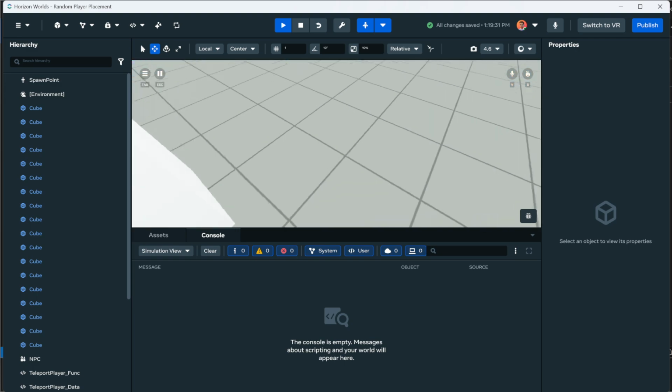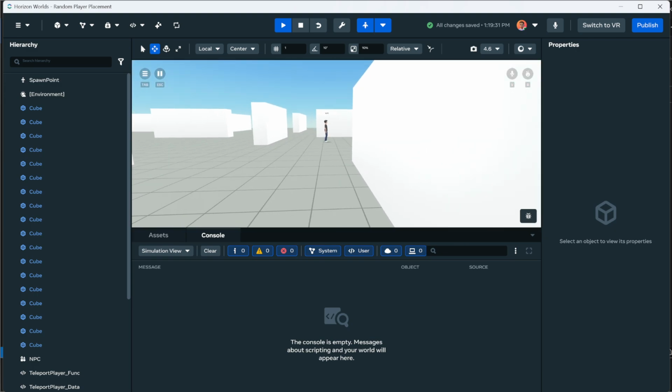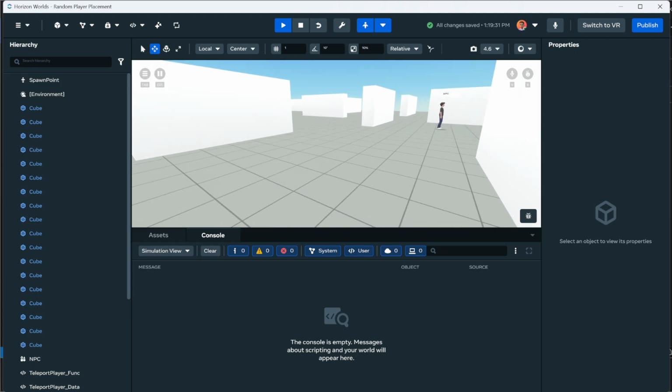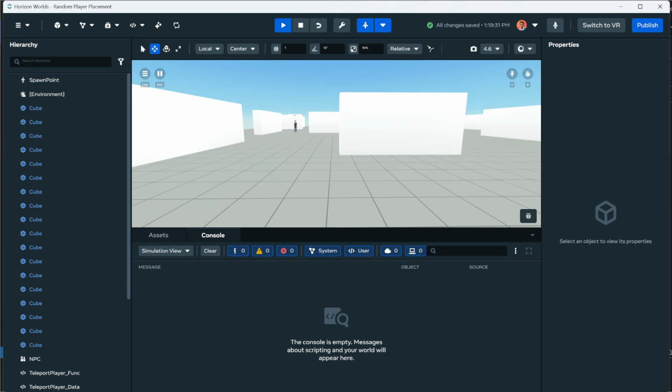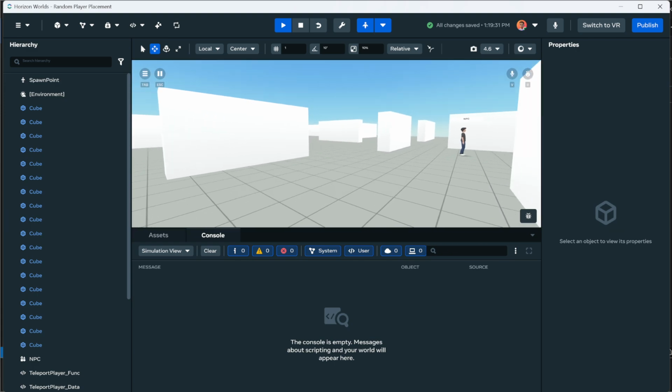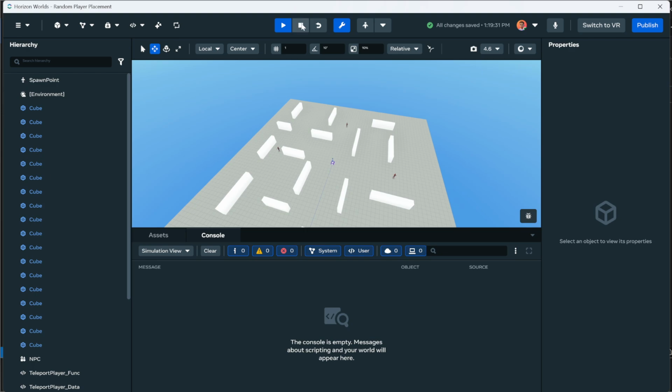Jumping into preview mode. Here you go. Look at that. Right next to a wall. But we have line of sight. That's strange. That is very strange. Like, I have line of sight to 2 players. What are the chances? I mean, it is possible that all of them were worse locations, but it should have,